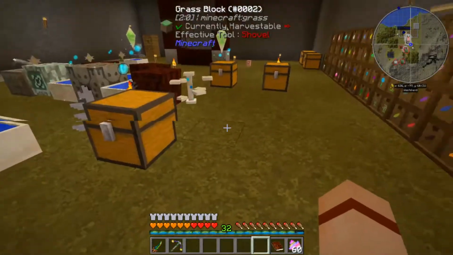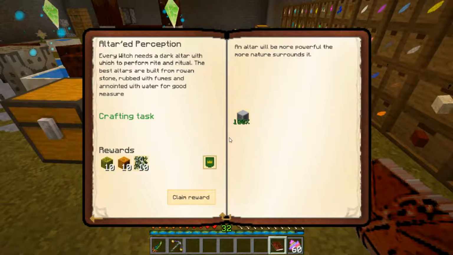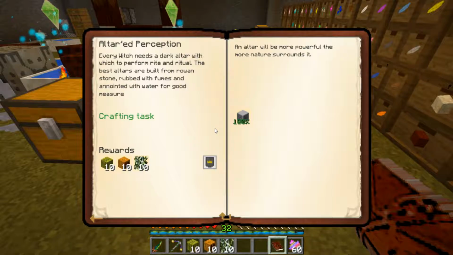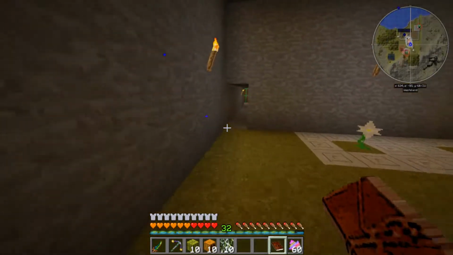We have our altar. Let's check, see if there's anything else. Nope. And that gives us 10 melons, 10 pumpkins, and 10 Spanish moss. Now, those come in important because, as it says, an altar becomes more powerful the more nature surrounds it. So, let's go upstairs and take a quick look